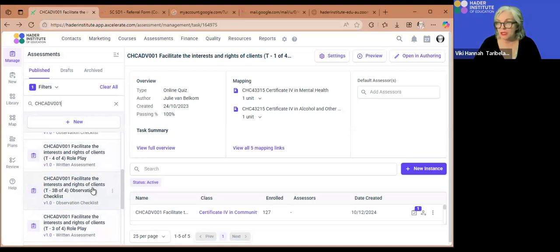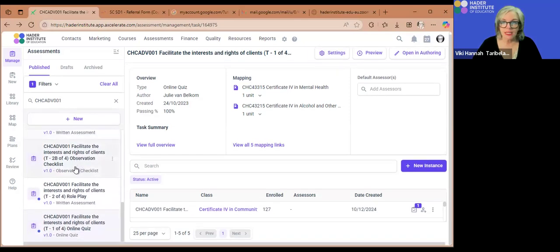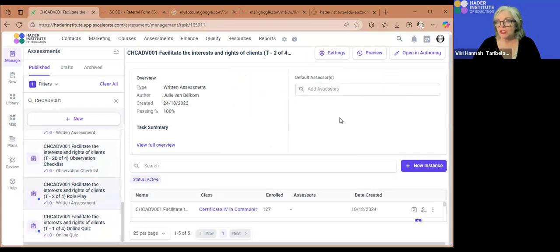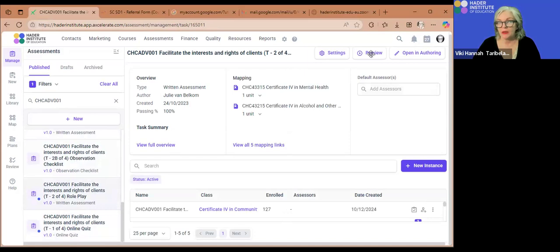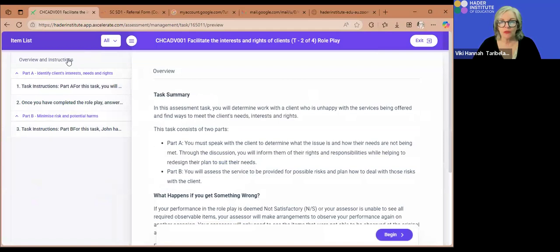They don't play the client. If it says it's assessor-led, that means the assessor is there and they're assessing you in real time. I'll give you evidence to support that. And then task 4 is another role play. So this is very skills orientated, but we give you scenarios where you're going to be that person. Let's have a look at task 2, just to guide you on what one role play might look like. They all have instructions, so I want to take you to the overview.